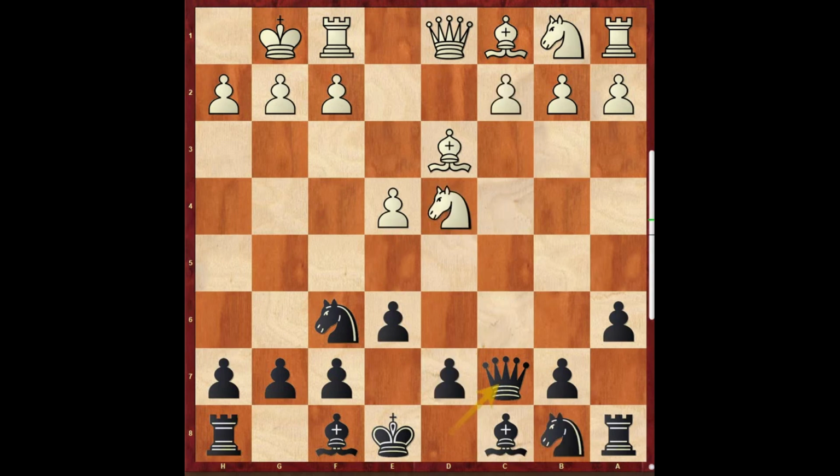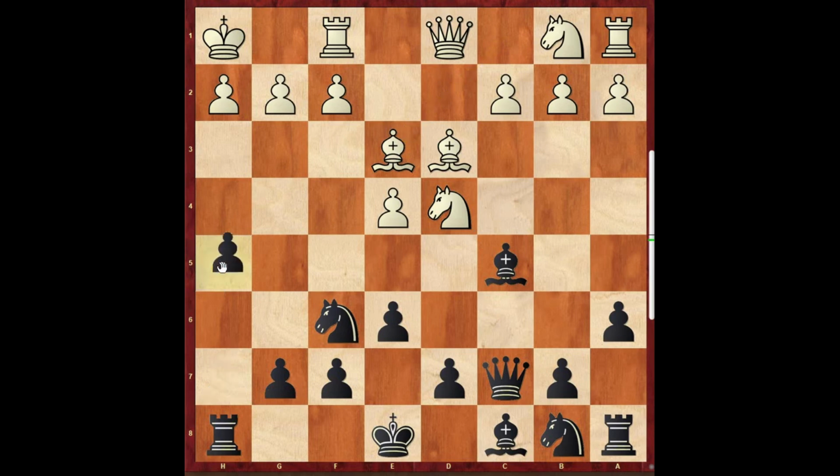After the move queen c7 in this position, white can also try the passive king h1. Generally, knight c6 is good, and here it is good. But we can also play the move bishop c5, exploiting the fact that the f2 pawn is somewhat soft now. The king has left the diagonal, and white has to go back with the knight, with knight b3. Here, if bishop e3, trying to guard the knight, we have the move h5,